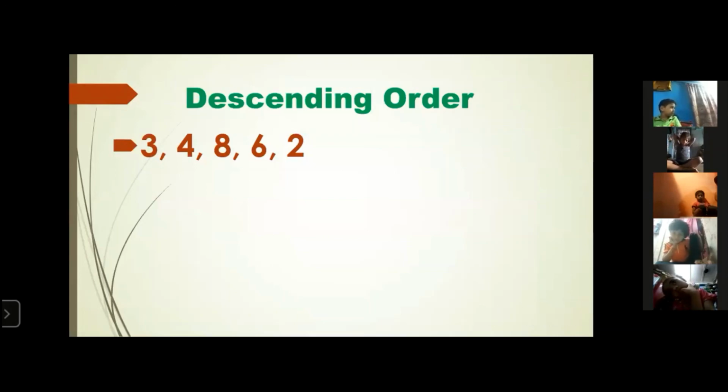Okay, in descending order, we start from the bigger number. So, which is the bigger number over here? 8 is the bigger number. Then, smaller than 8, 6. Then, smaller than 6, 4. Then, 3, 2. Okay, in descending order, we start from the bigger number to the smaller number.